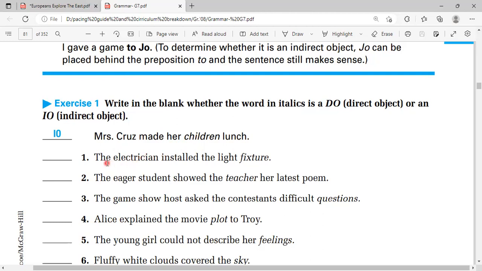Number one: the electrician installed the light fixture. Electrician here is the subject. Installed what? The light fixture. So here it's called a direct object. Why direct object? Because it directly follows the